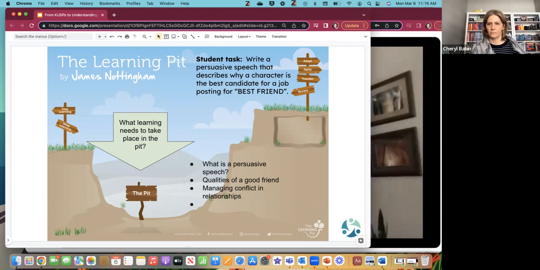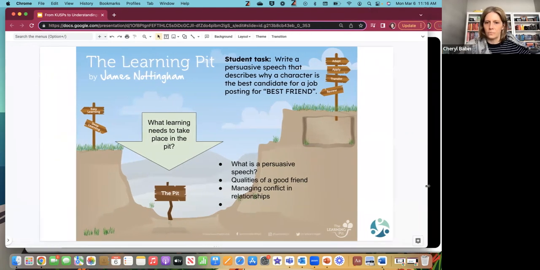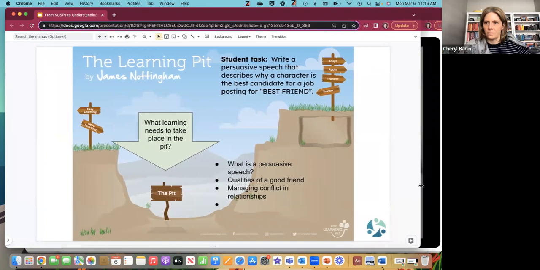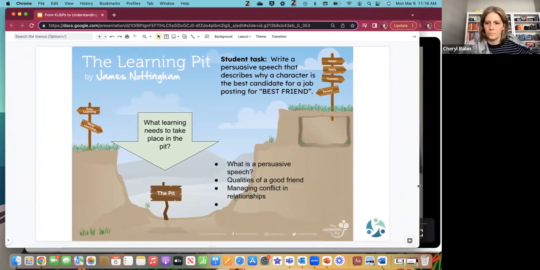Okay, so when we get in here, we know that students are going to need to understand what a persuasive speech would be, right? They would also want to know the qualities of a good friend, maybe looking at managing conflict in relationships, too much pressure.